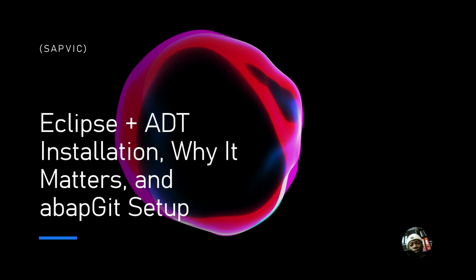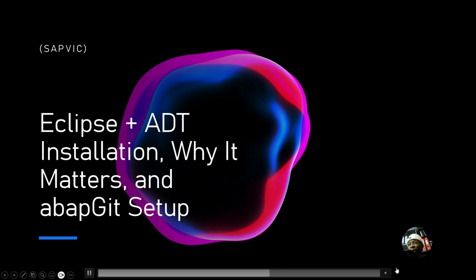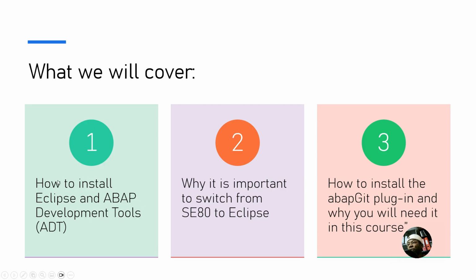So in this video I will be showing you three things. The first one is how to install Eclipse and ABAP development tools, which is popularly known as ADT. We are also going to be covering why it is important to switch from the old school SAP GUI to Eclipse, and also I'm going to be covering how to install the abapGit plugin and why you need it in